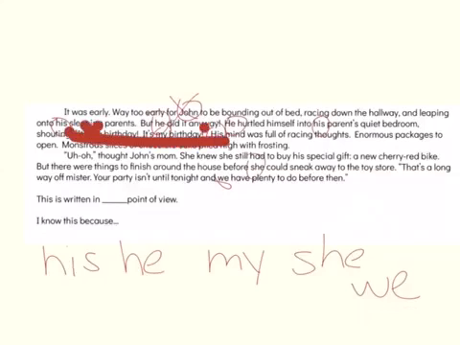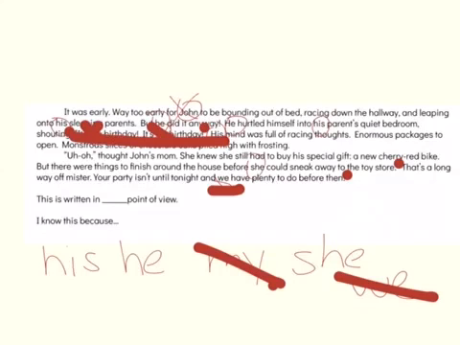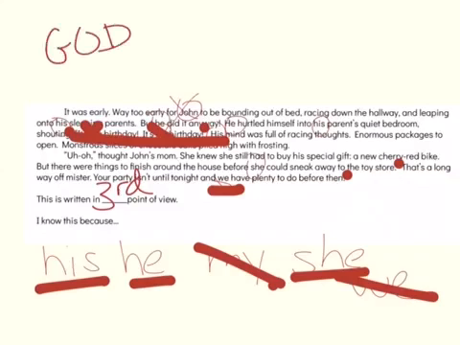So these are not going to count, so I'm crossing those off. We was also when the character was speaking, so quotation marks, not going to use that. I am left with he, his, and she. That means that this is going to be third person point of view. But in order to determine if it is omniscient or limited, I need to decide. Is this a God complex,